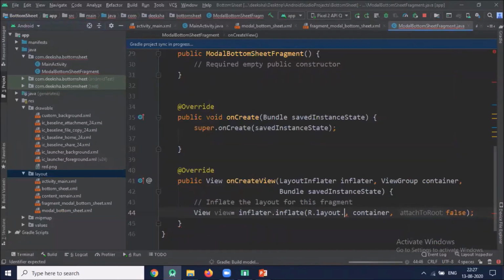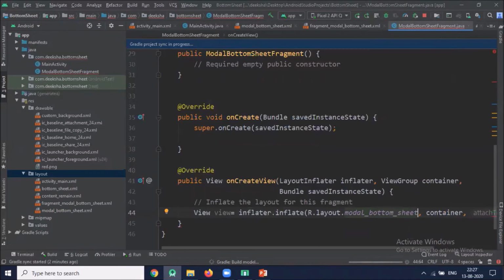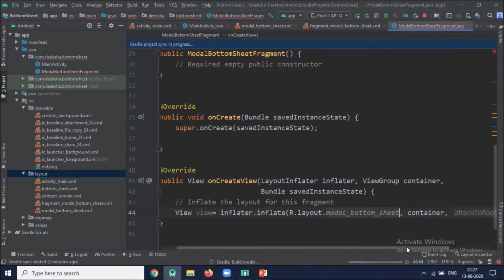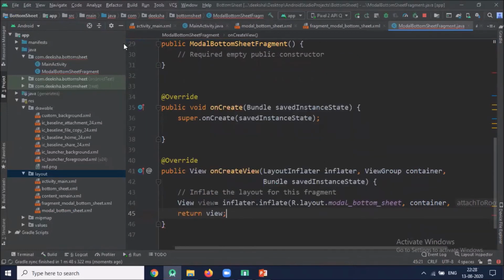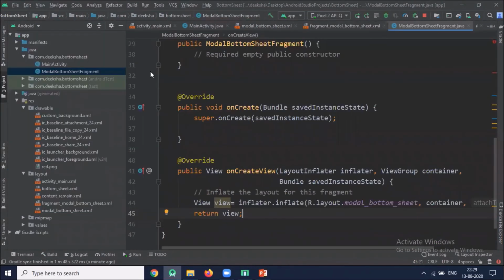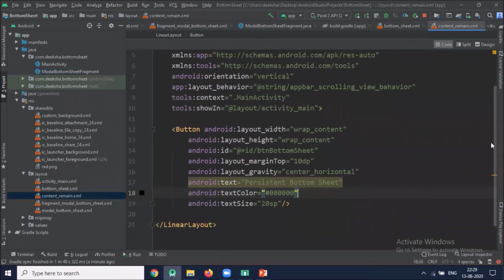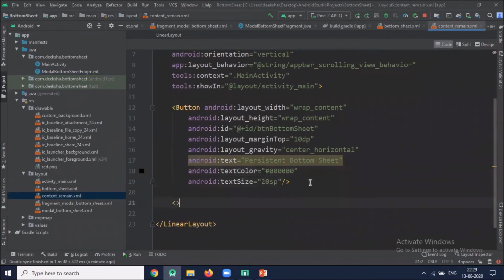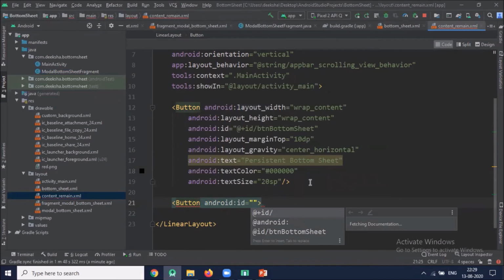Here we inflate modal bottom sheet. Now we will click on content main.xml. Here we add two buttons, one for bottom sheet dialog, one for bottom sheet dialog fragment.